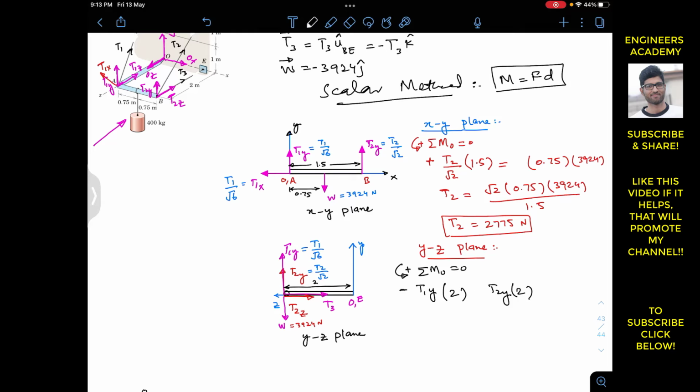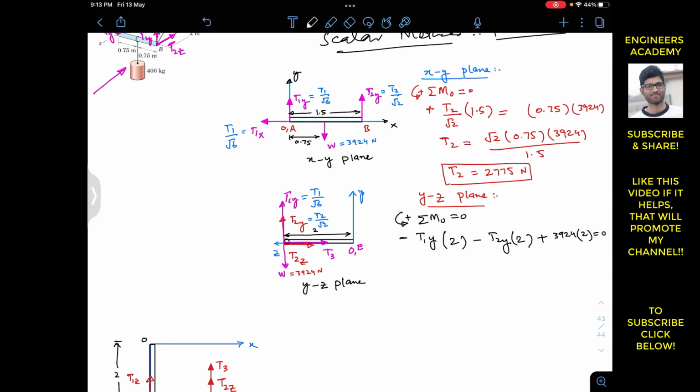This is minus T2y into 2, and weight is producing the counterclockwise moment, so I will write plus weight, which is 3924 into 2, this is equal to 0. So now if I divide this whole equation by 2, so 2 will cancel out, and from this we can write that minus